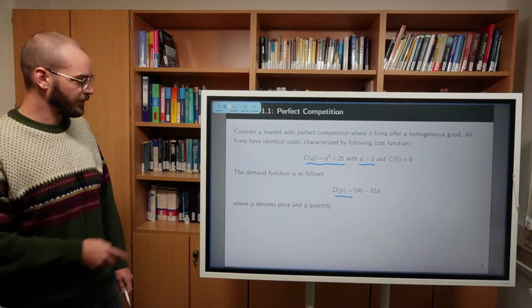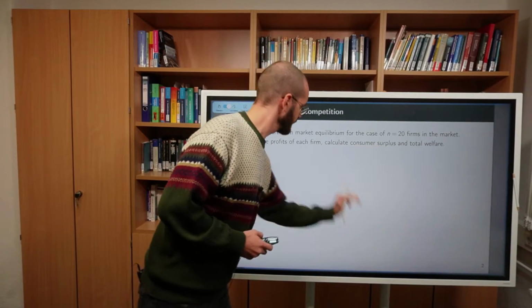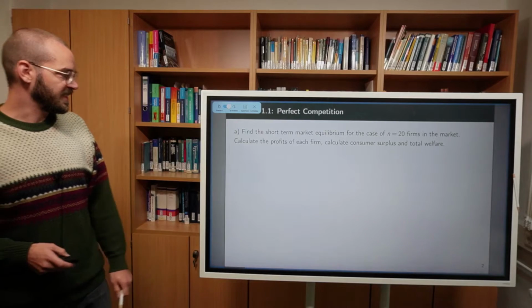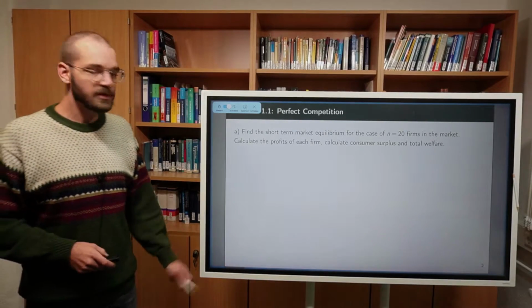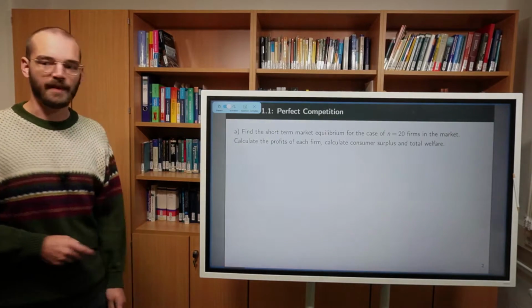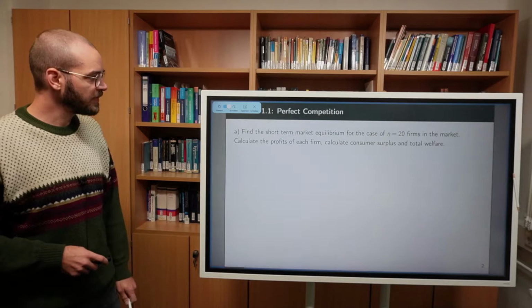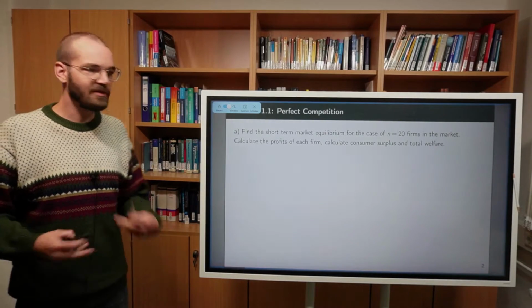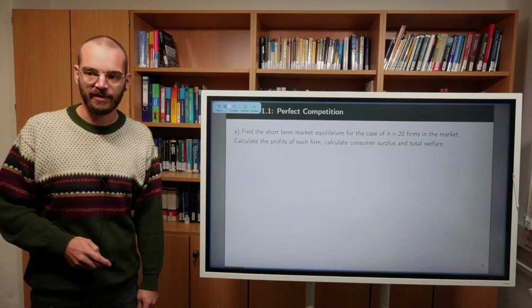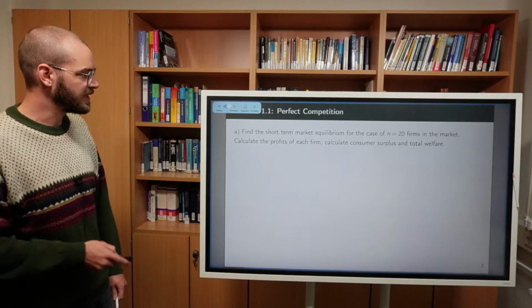Now, in the first part of this exercise, we are asked to find the short-term market equilibrium for the case of n equal 20 firms in the market. We are then asked to calculate profits of each firm, calculate consumer surplus, and then finally calculate the total welfare in the market. So let's start by